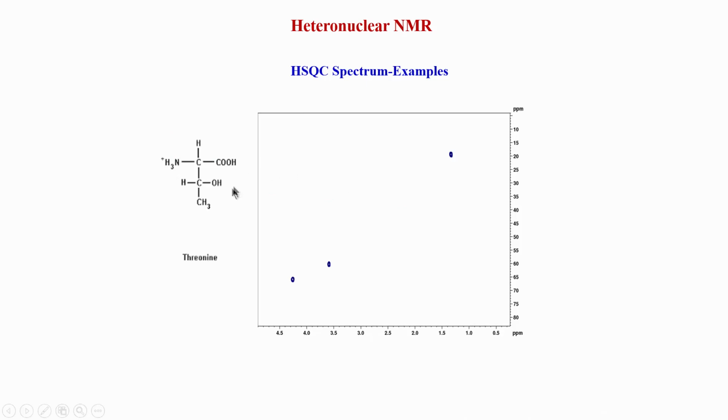So, this is another example of another amino acid called threonine. In threonine, this is a very interesting amino acid because at C beta there is an OH group. So, it will be nice to see what is the effect of this on the carbon and proton chemical shift. If you look at this now, again starting from methyl, as always methyls are upfield, meaning they come around 10 to 30 ppm, and this is something which we have seen.